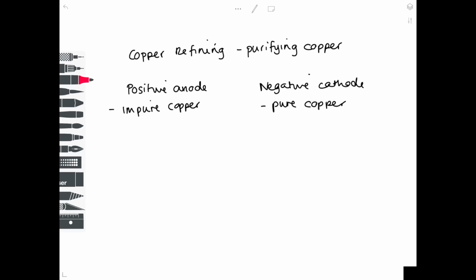And then you have an electrolyte, so the substance undergoing electrolysis, which is copper sulfate. So clearly you're going to have Cu2+ ions in solution and SO4 2- ions. And what you find here, as you would expect, is that opposites attract. So that Cu2+ is attracted to the negative cathode and it undergoes reduction, which means it gains 2 electrons